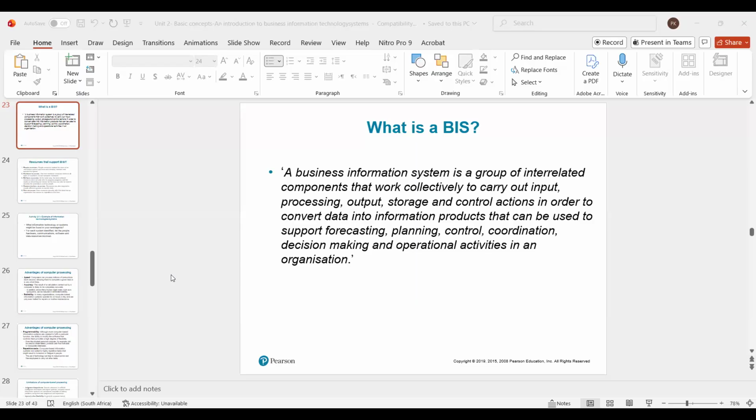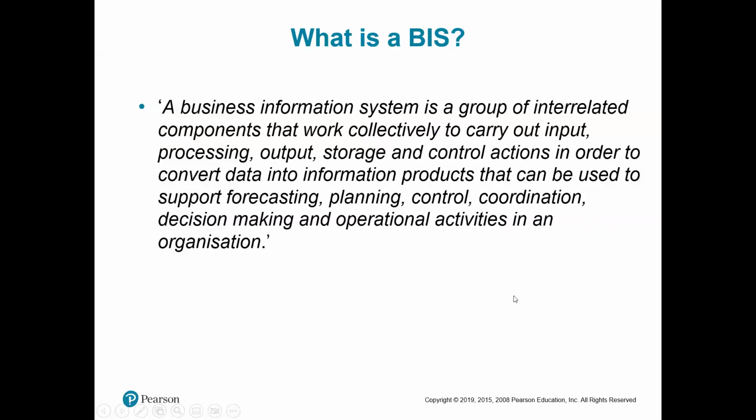So today, as we are talking about system, we also need to understand what a business information system is, and then try to break it down. Then we will discuss some different types of systems that are used with the help of technology, systems that are used to support business activities and stuff. So when we talk about business information system or systems,